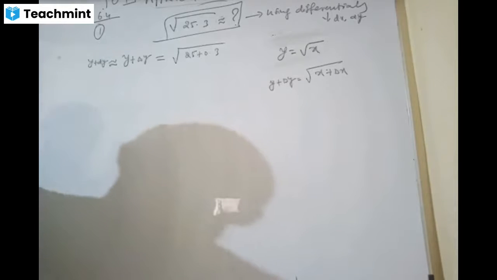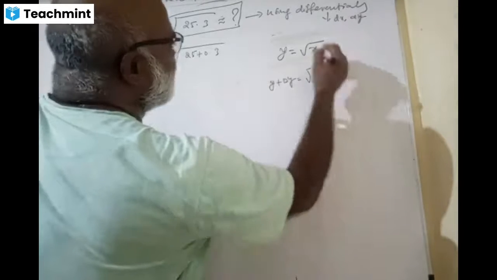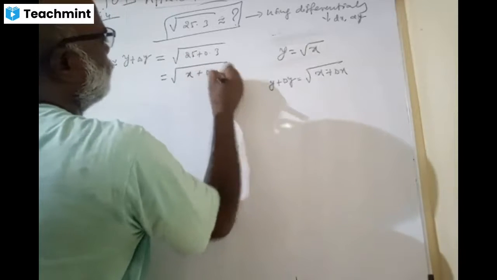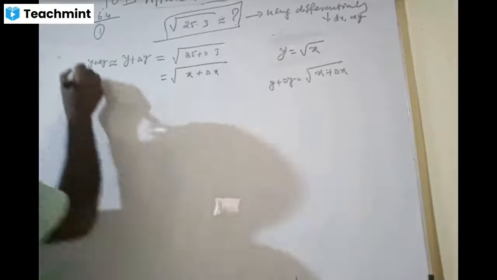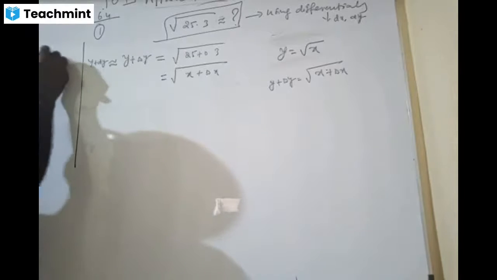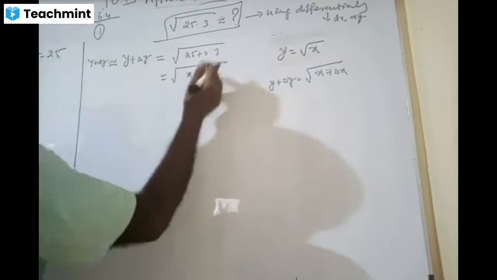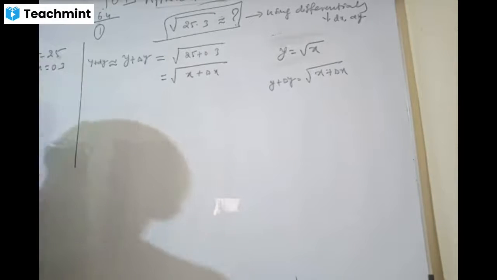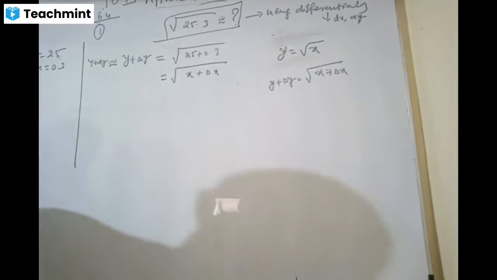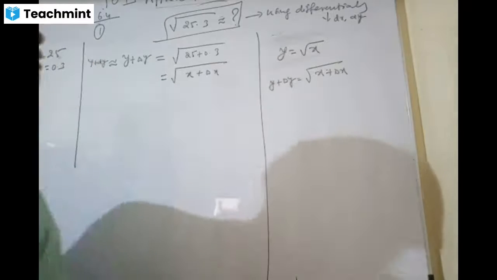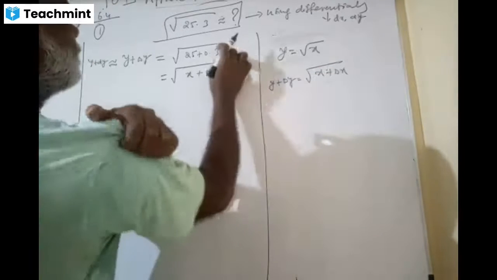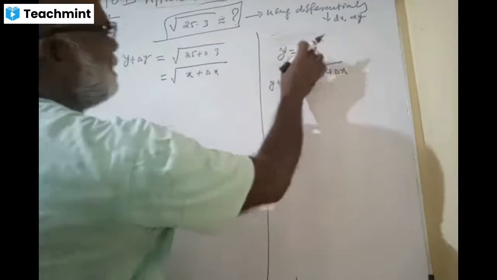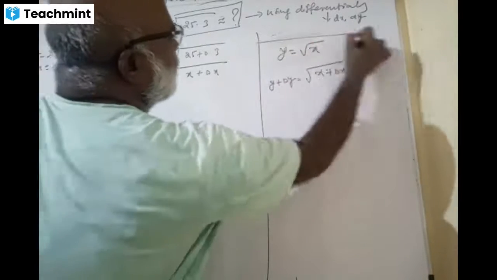Yes or no? Is it right? This is called x plus delta x. This is called root of x plus delta x. Do you agree? What is x? x equals 25 and delta x equals 0.3. Please watch here. Yes or no? So we are here. This is called x plus delta x. Therefore, x is 25. And this modeling is very important for me.